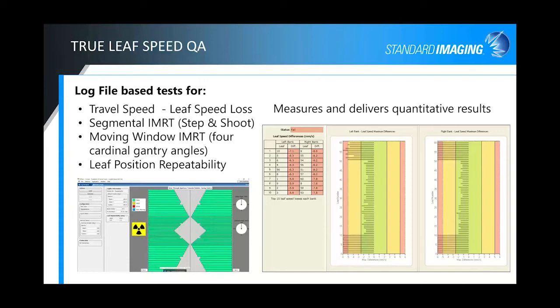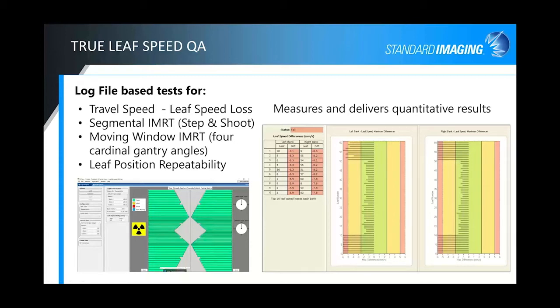So, for example, if you see here, showing the left bank and the right bank, the outer leaves are showing some error and some slower than expected movement, which is fairly typical since those leaves are not used as much as the inner leaves. So you might see some dragging or some slowness there due to dust or lubrication buildup, things like that might slow those leaves down. But in the center, where the leaves are used more regularly and uniformly, you'll see more of a passing